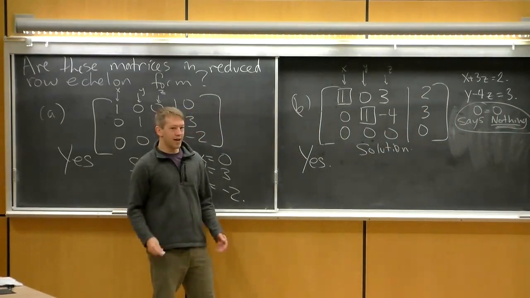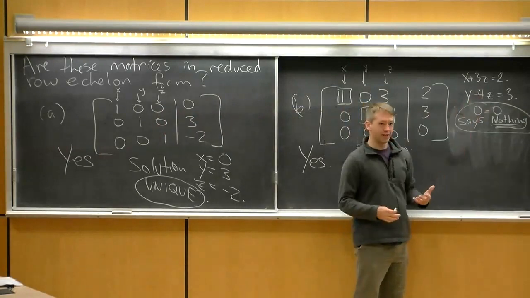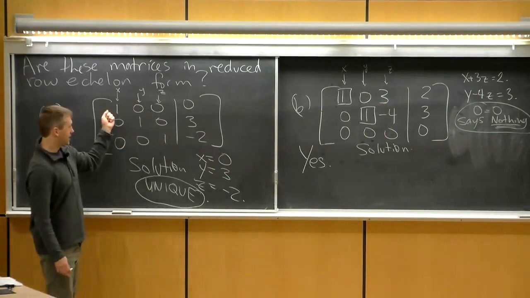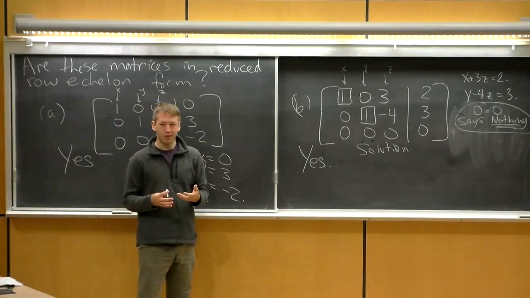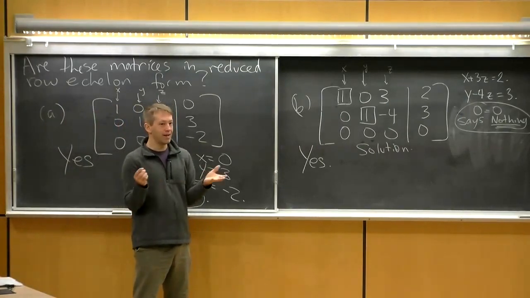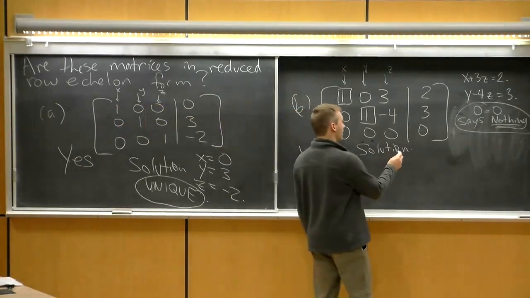So basically what this does, it doesn't tell us what z is. In this other situation, this tells us what x is, what y is, and what z is. This one doesn't tell you what z is, but what that actually means is that z can be anything. Okay, so the solution is going to be